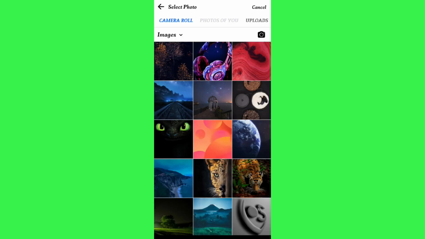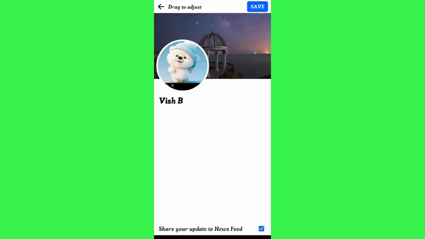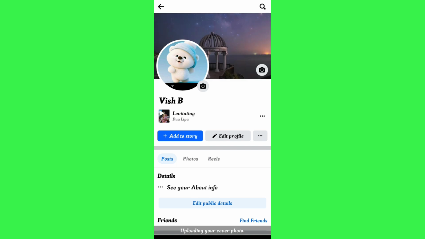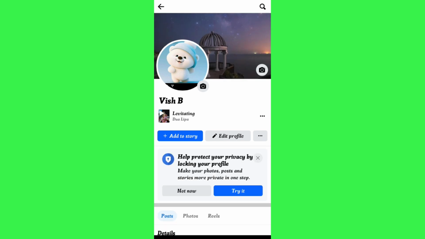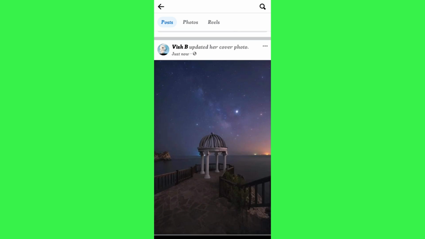After that, you need to select any of the images from your gallery that you want to put as your cover photo on Facebook. After selecting it, you need to tap on the save button in the top right hand corner of the screen. Now in order to hide it from your friends, you just have to quickly scroll down